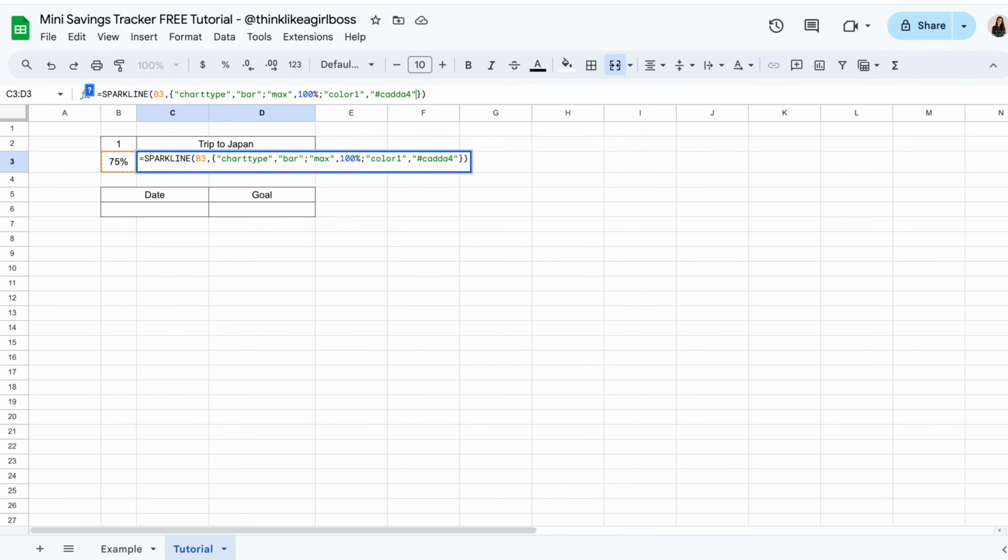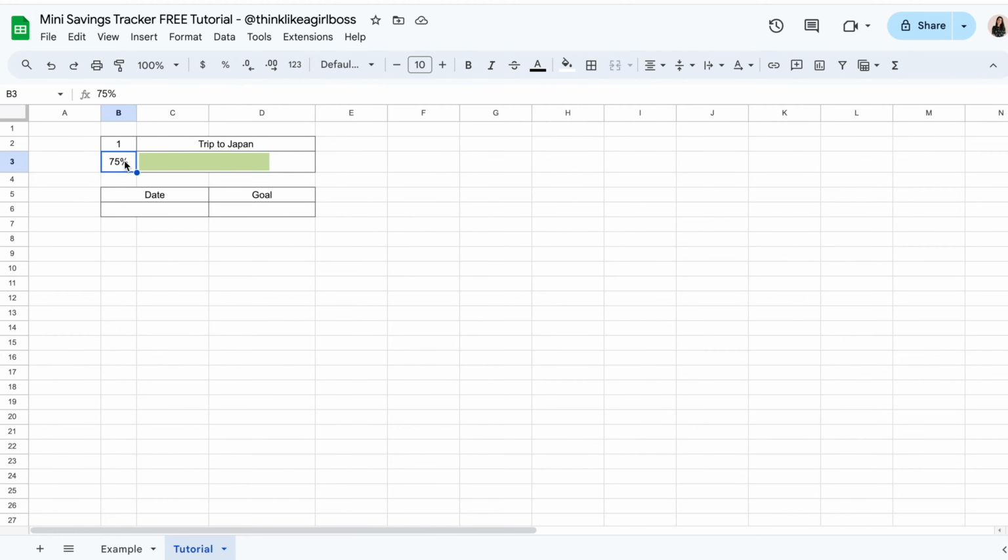So you can find those online or you can just copy mine. So once your formula looks like this, I'm going to press enter, and this is what should happen. That orange that is there by default is now gone. So if I change this to 100%, it's still working. 50%, it's still working. So make sure that your progress bar is working, that your formula looks exactly like mine,